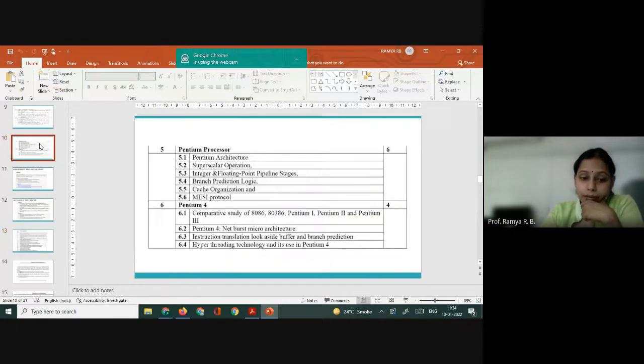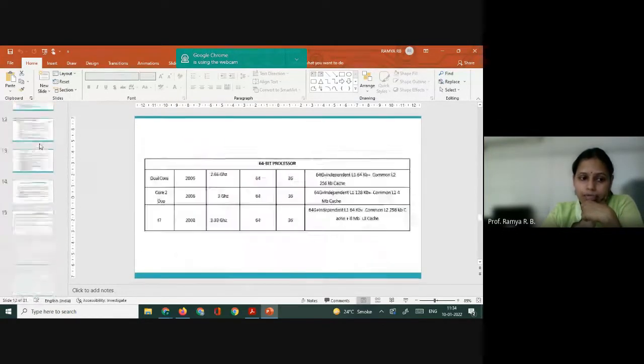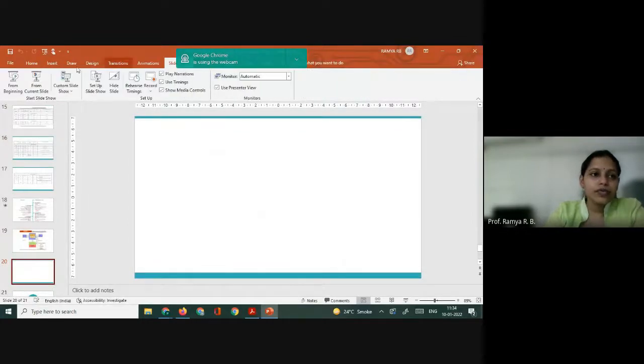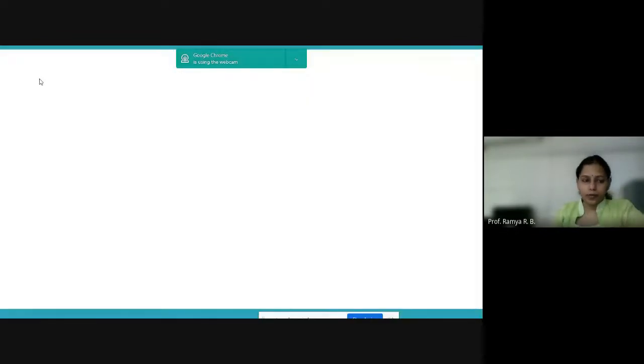So the first commercially successful microprocessor is 8085. If you see the evolution of microprocessors, we'll start with 8085. The 8080 and others came before that, but they were not that commercially successful. So we had this 8085, then 8086, and then came 80186, 80286, 80386,